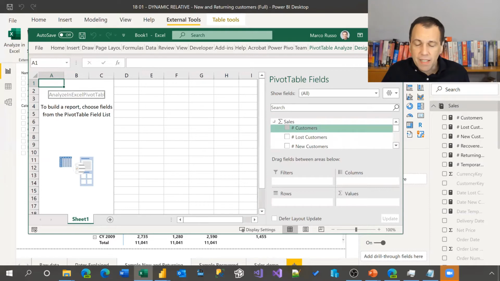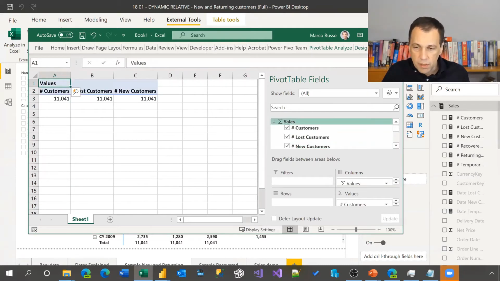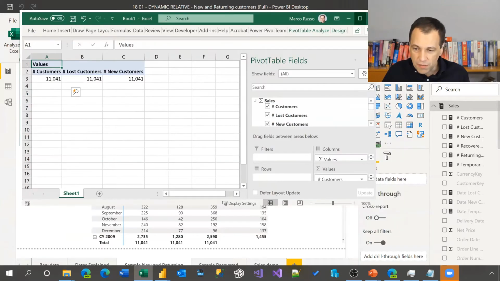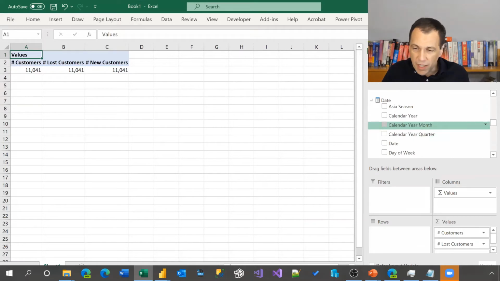Here I see the same measures that I have in the model. So if I include customers, lost customers, new customers, and I include, let me enlarge this because the font is small, so we have to fight a little bit. I go here and I included the calendar year month in the rows. For each month, I see the number of lost customers, new customers, and customers